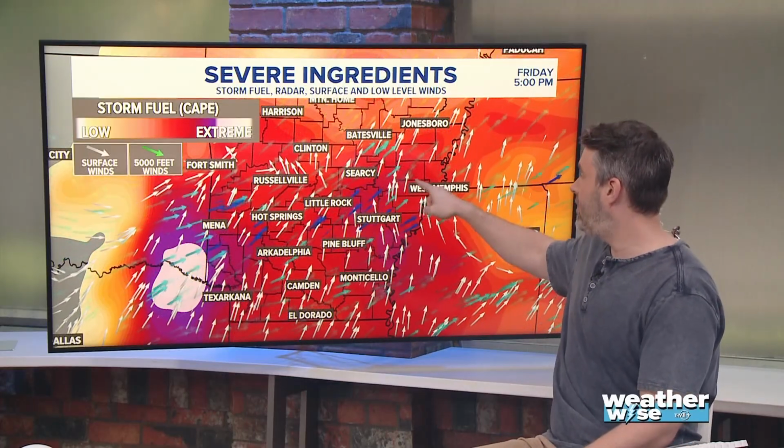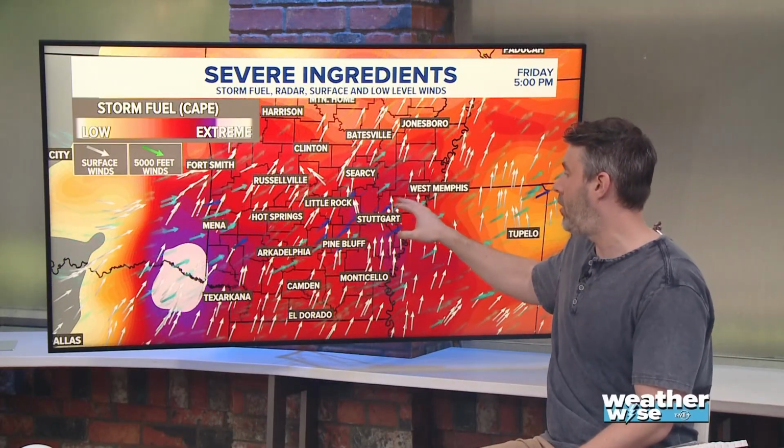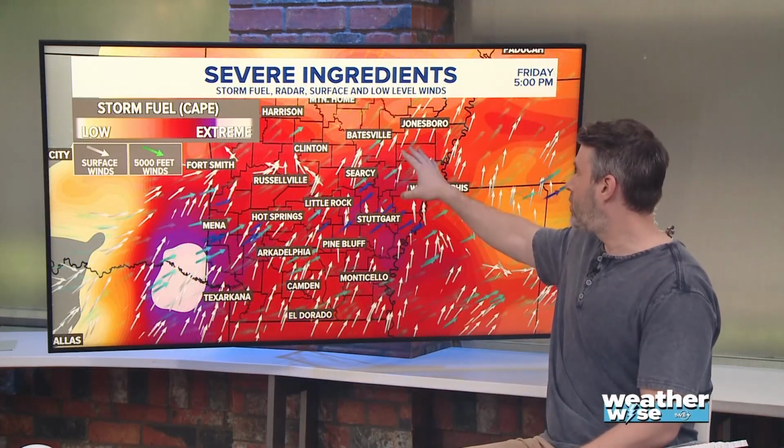So here are the surface winds according to this example. Once again, this is May 16th, and we've got the surface winds coming in from the south. When we take a look at the winds at about 850 millibars, and we do say millibars because we use the metric system in science, of course, this would be about 5,000 feet above the surface. We've got the winds, and you notice how fast they're coming across from the southwest to the northeast. So with this, we have shear that is trying to develop into especially east central Arkansas